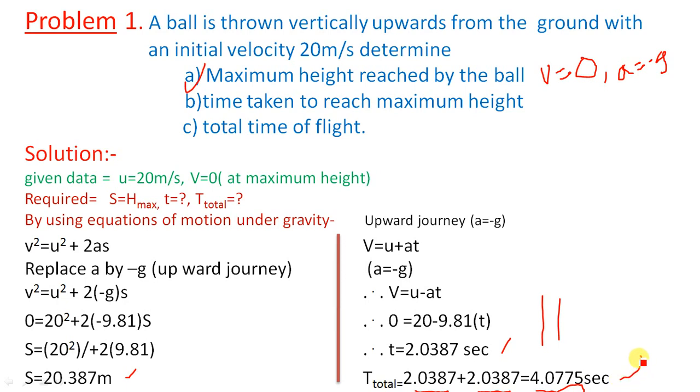Okay, got it? Time of ascent is equal to time of descent. So please remember this concept. Ascent means time required to go up from the ground, and descent is time required to come from the top position to the ground. So that is the time of descent. So first problem is over. Here we just have to use the three equations of motion by replacing a by g. If upward journey, plus g; if downward journey, minus g.